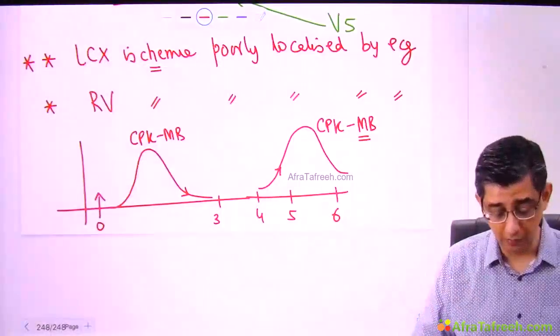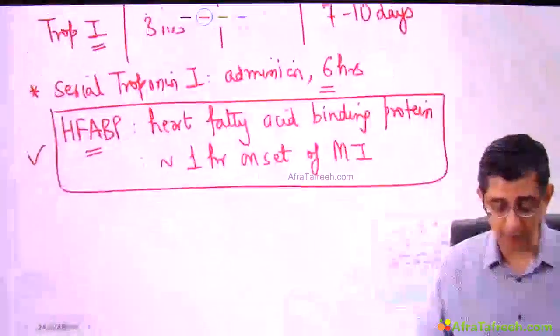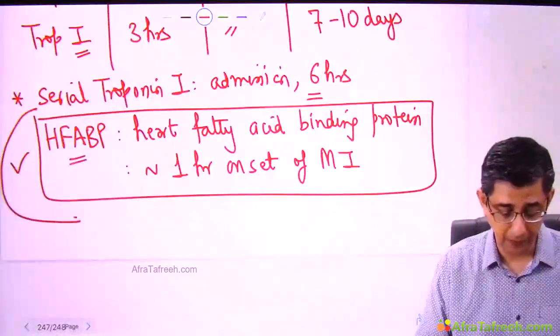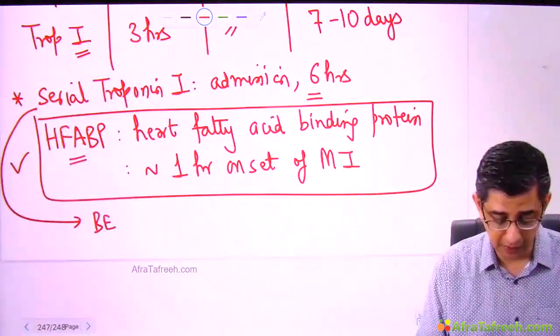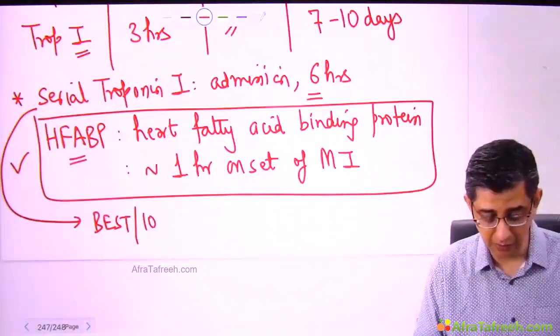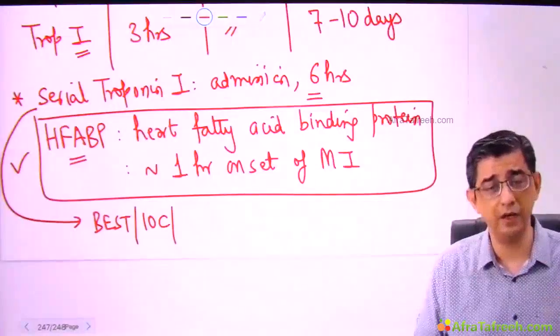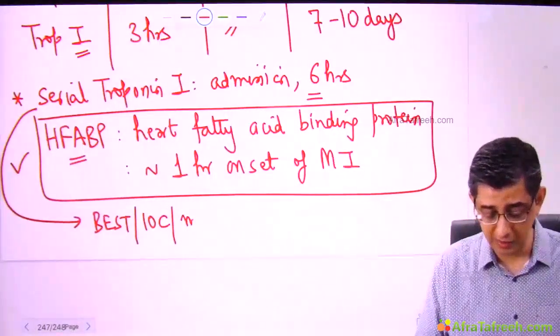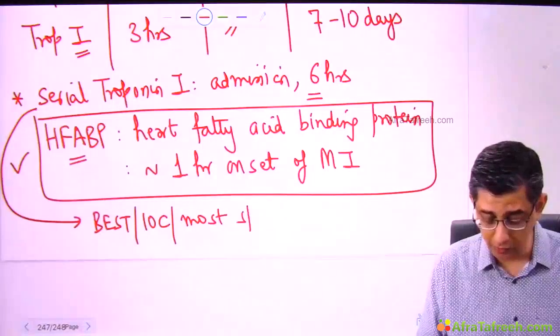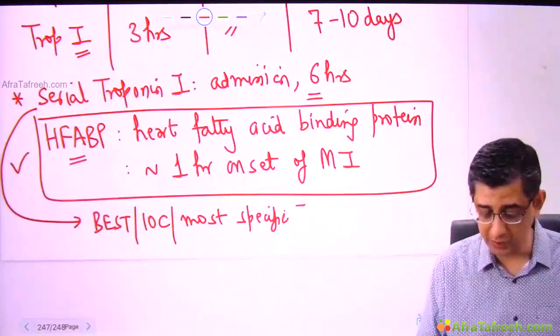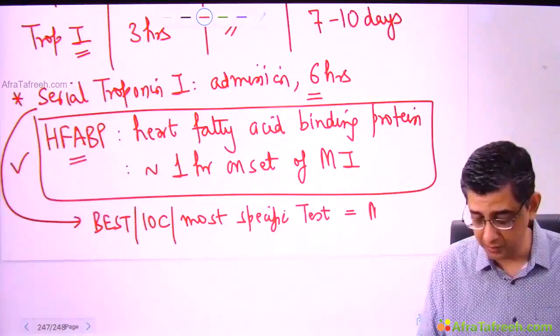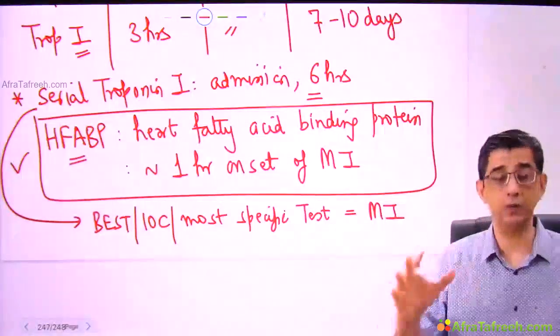But otherwise, for all the MCQs, the minimum message I want you to remember is, if the question says what is the best test for myocardial infarction, if it says what is the investigation of choice for myocardial infarction, in fact, I highlighted the word elevated cardiac biomarkers. This is just the examiner trying to trouble you by using all these terms like most specific test for diagnosis of myocardial infarction. The answer is serial troponin I values.